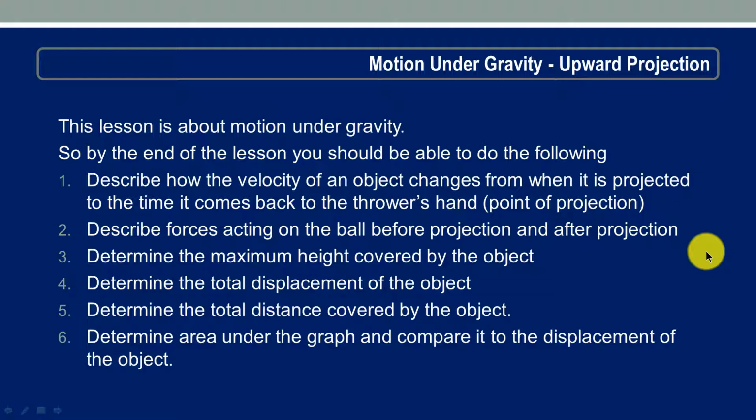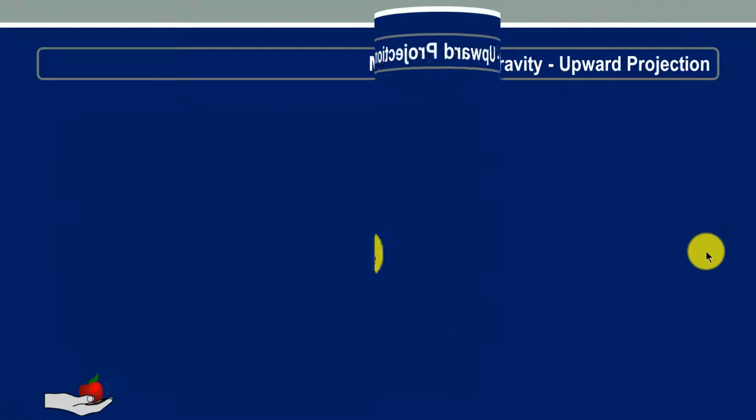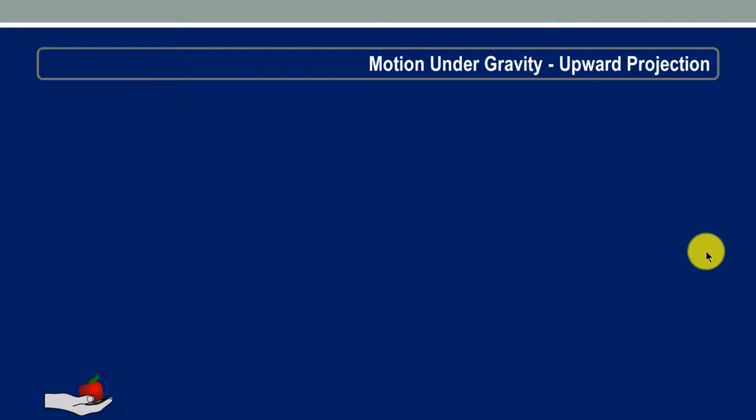So let's go straight to the first simulation. In this simulation, we are going to imagine we are throwing an object vertically upwards. So I've put the simulation in slow motion. So that is what happens. We are going to repeat this simulation several times so that we can discuss the forces which are acting on the object